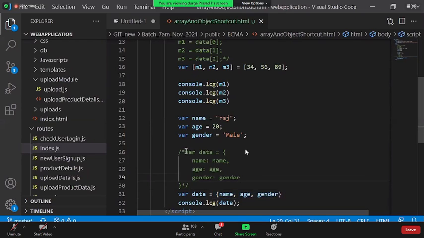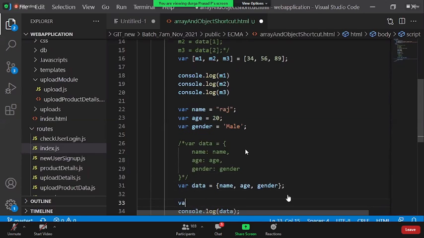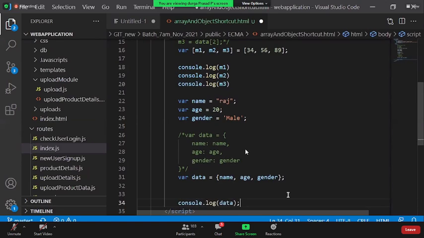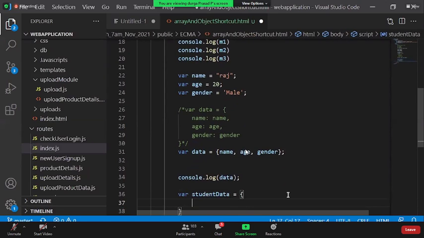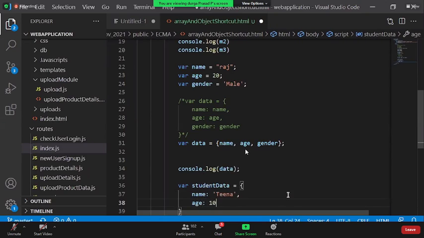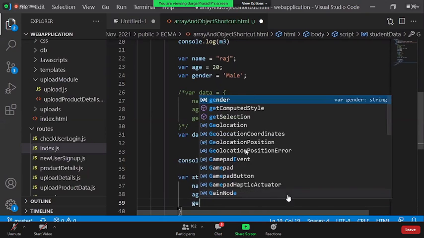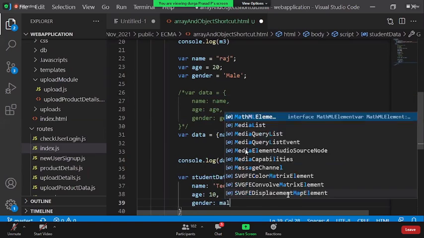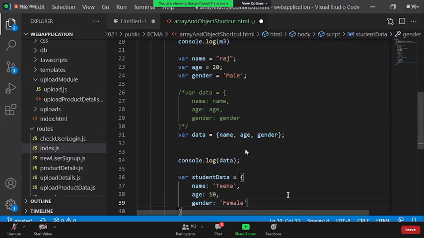Next. One more shortcut we have is, say for example, student data. Student data is a JSON object. You are saying the name, say Tina, age, say 10, gender, say female.